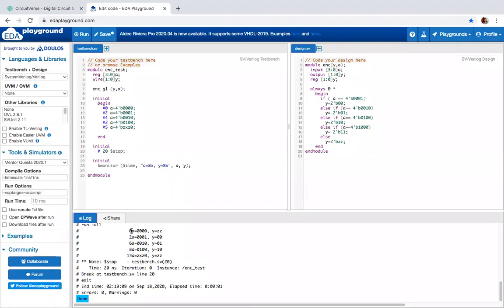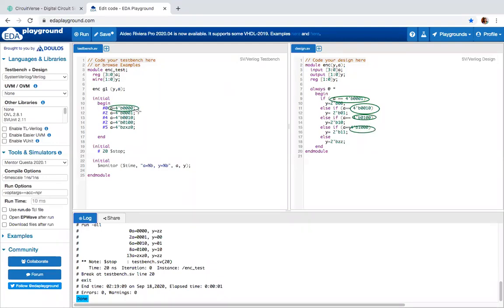So the first combination is at 0 time unit. A was equal to 0 0 0. When A is equal to 0 0 0, do we have a combination? According to our program, we have 0 0 1, 0 1 0, all those 4, but we don't have 0 0 0.